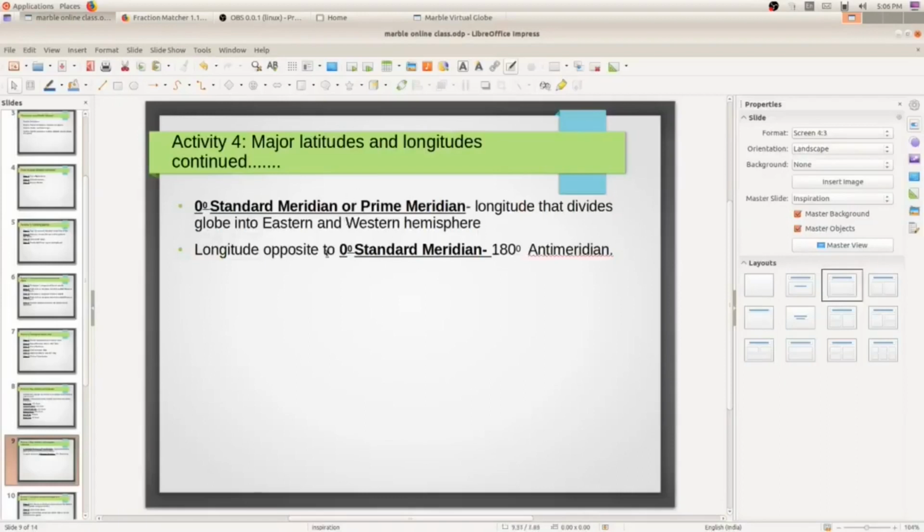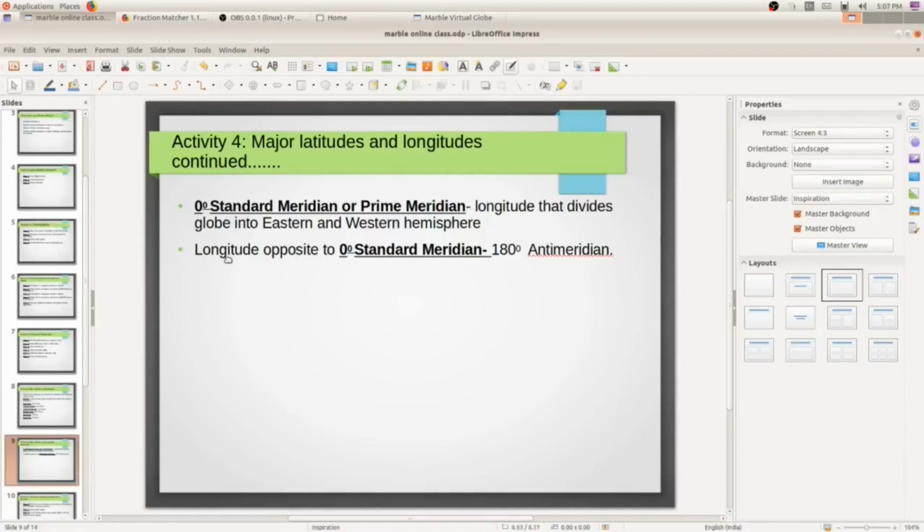Now the next one is major longitudes. Okay, so I have shown you in the last class 0 degree standard meridian, or it is also known as prime meridian. Longitude means vertical line and latitude means horizontal lines. Okay, so this is the major longitude. 0 degree standard meridian or prime meridian is a major longitude which divides the globe into two parts, eastern and western hemisphere.